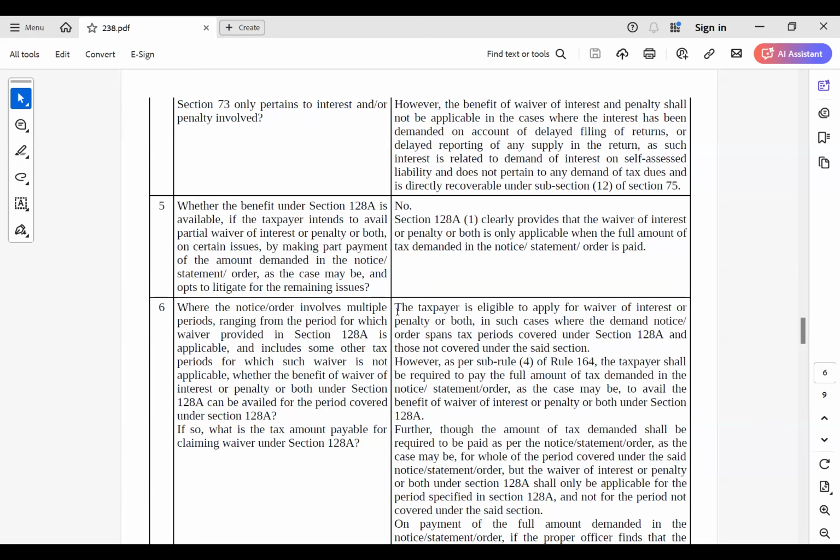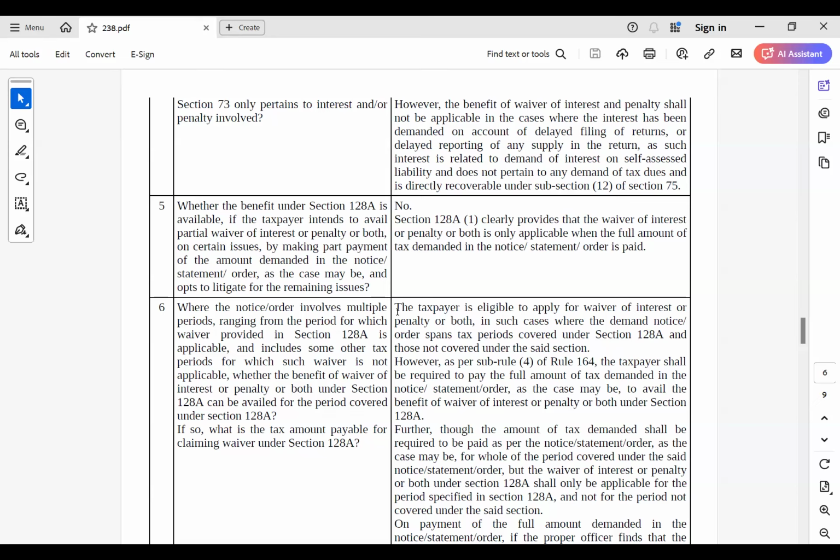Now the question comes that what CGST is doing presently is that they are issuing a common order for section 73 and 74. So now, supposedly, if a taxpayer wants to opt for the waiver scheme under section 128A and there's a common order for section 73 and 74, then what is the option available with the taxpayer and how does he opt? Because if we literally read this question number 5, then the simple answer would be that the entire amount of tax, penalty, or interest, whatever is there in 74 has to be paid, and then only the option can be availed in 73. But from my point of view, what is my understanding, and then I would open the question for the group as well, that